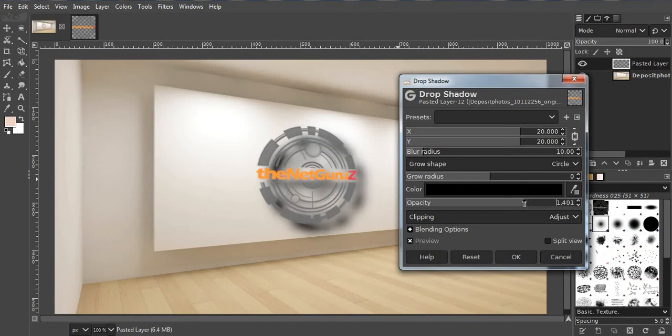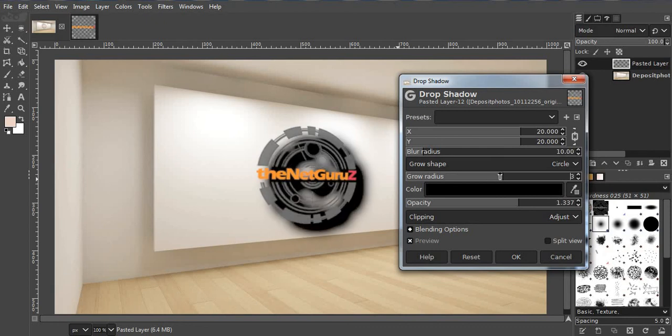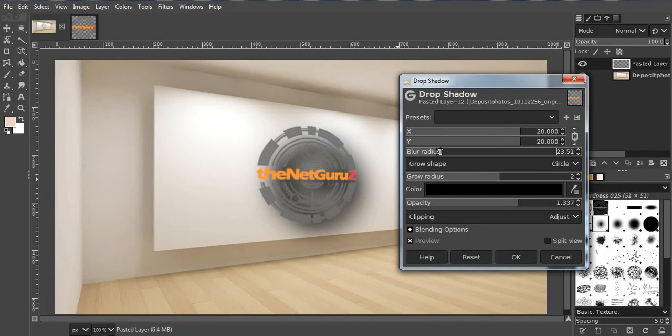Let's keep the opacity to about 1.3, and see, these are two more settings for the shadow, that is blur radius and grow radius. Grow radius will increase the size of the shadow, and the blur radius will increase the blur effect in your shadow.